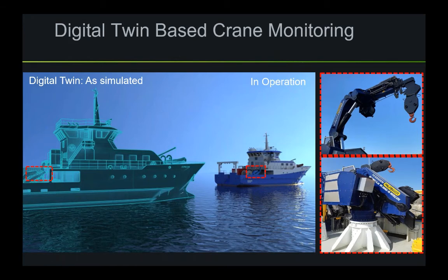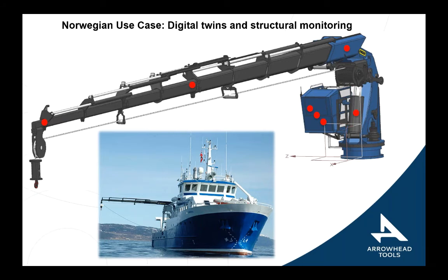So going from the mountain bike with these sensors, we were then able to use the same ISO 10303 repository to develop the digital twin, and also for this crane. The use case here is the crane, which is mounted on an offshore vessel, as you can see here. We populated...